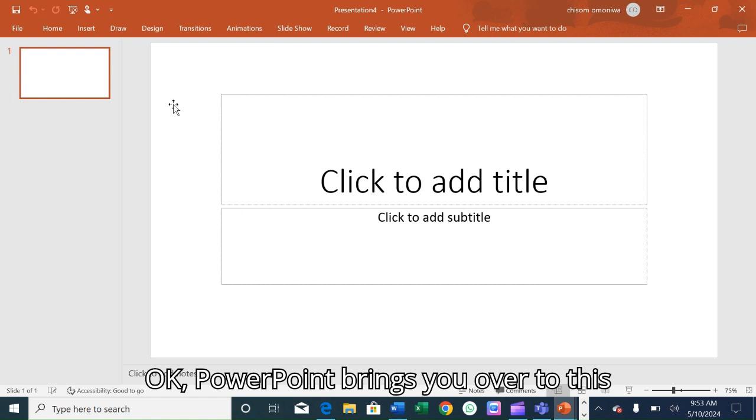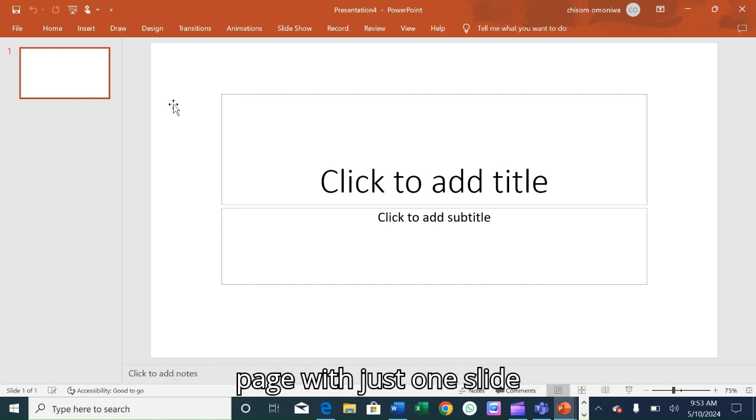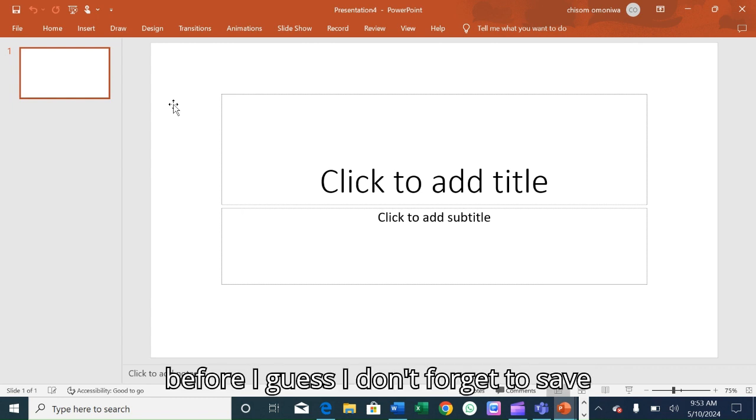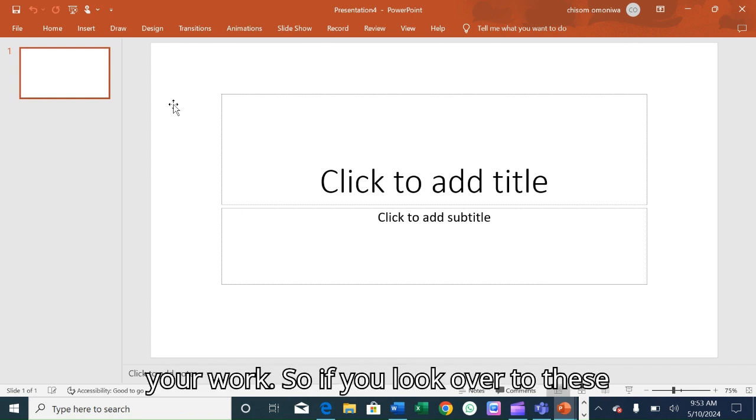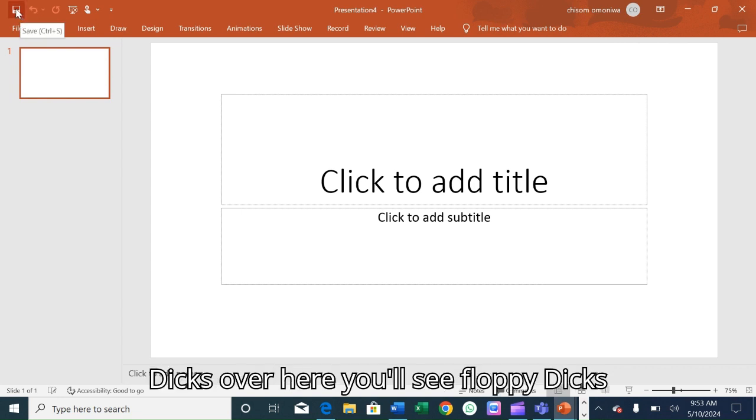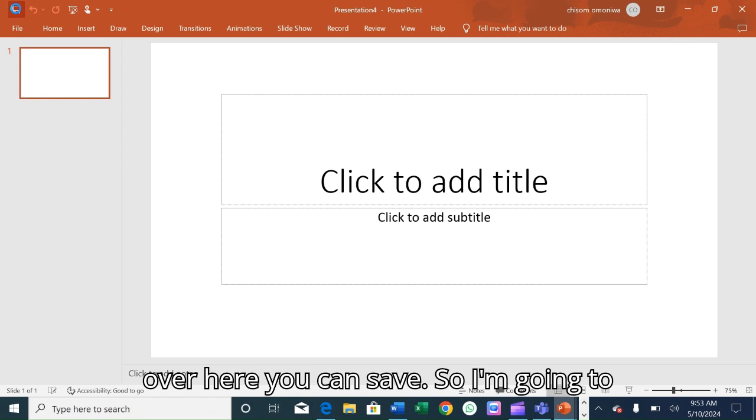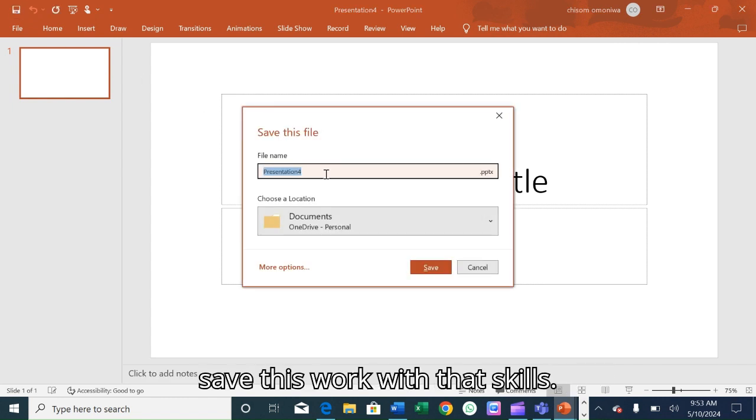Okay, PowerPoint brings you over to this page with just one slide. But before I get started, don't forget to save your work. So if you look over to this disk over here, you'll see a floppy disk you can save. So I'm going to save this work with test